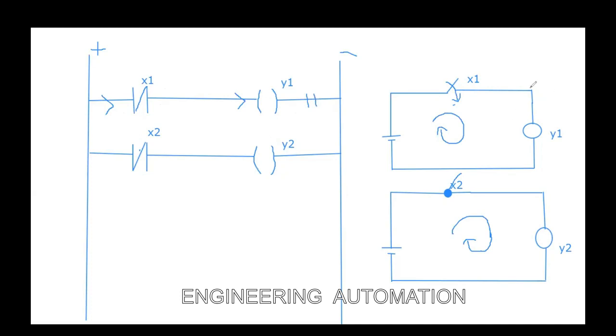Fine. The third point we have seen is that output should not be in series. For example, see here, you have another output. Let it be some other output, let it be Y3. Right. This one should be represented in the ladder logic the same as here, in parallel. So output should not be in series. In another way, you cannot connect the output in series. It should always be in parallel. Fine. So these are all the do's and don'ts in the ladder logic.